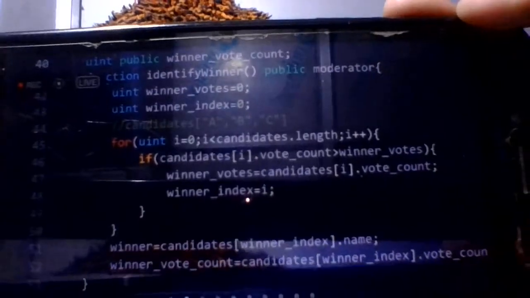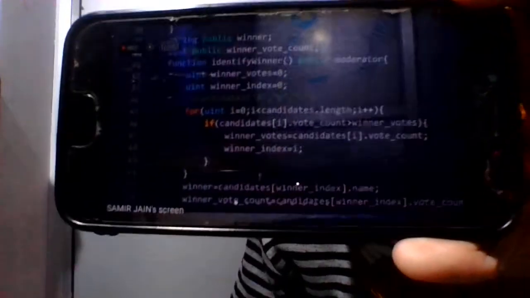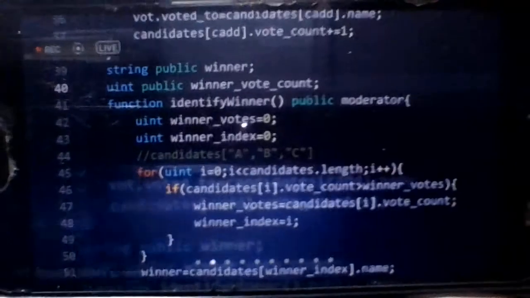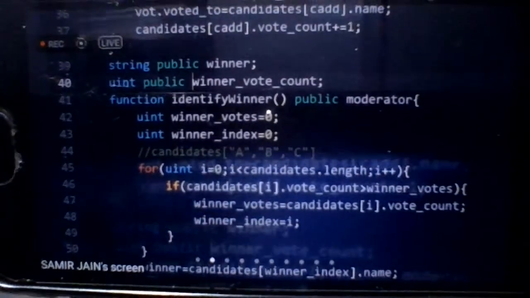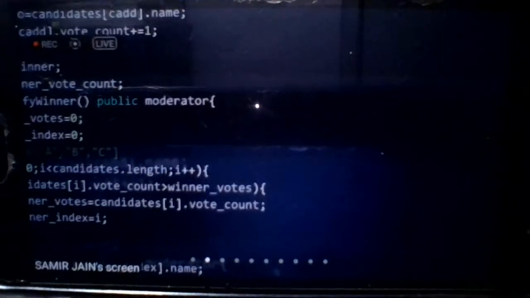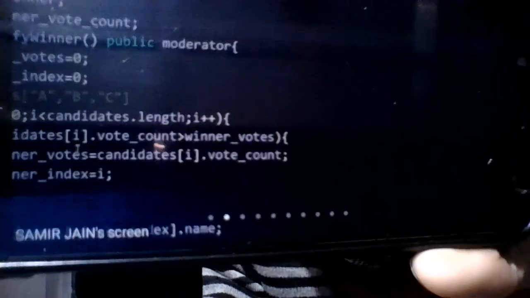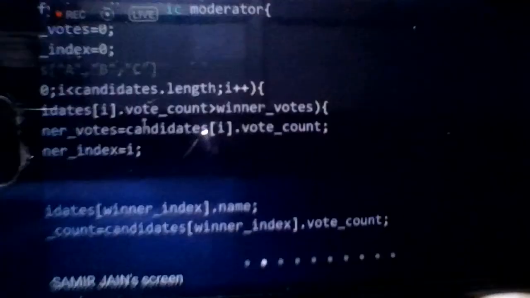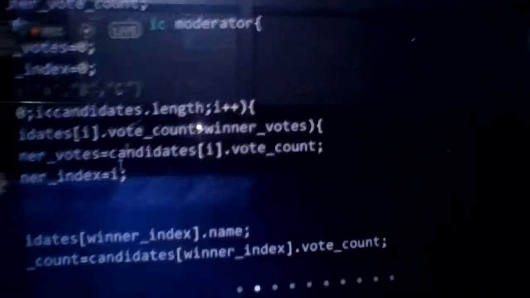It depends on the moderator only. So we'll take the rights of all the people. This contract we have made just for the introduction. We can have many conditions. I have not added many conditions in this contract, that you can add on your own later on, and you can analyze this contract to see if it is working fine or what else we can do.